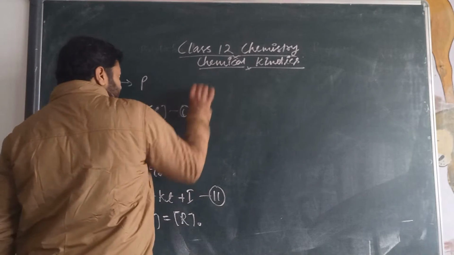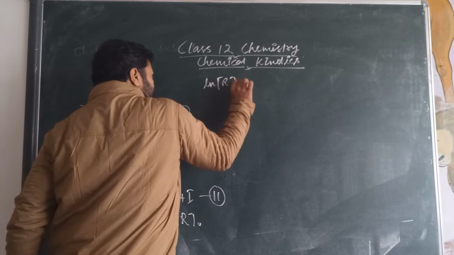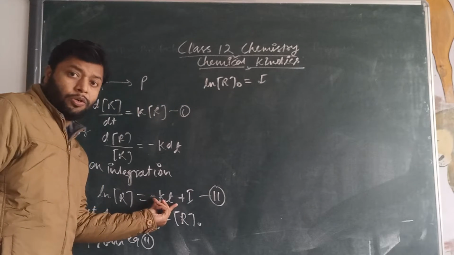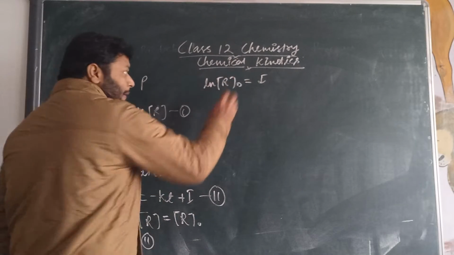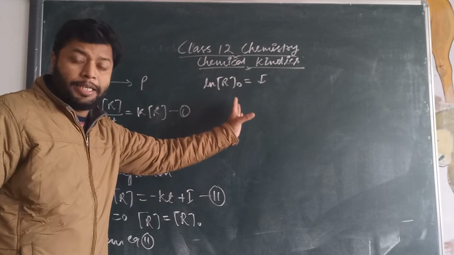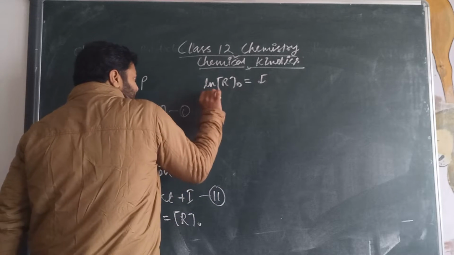So this will become 0, and I will become ln R0. So this value of I we put in equation number second, and equation second becomes